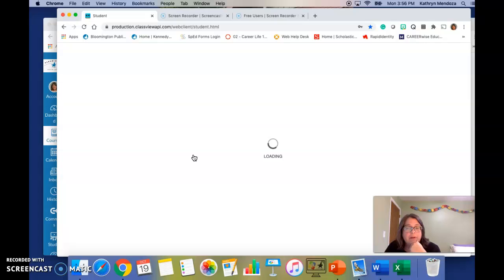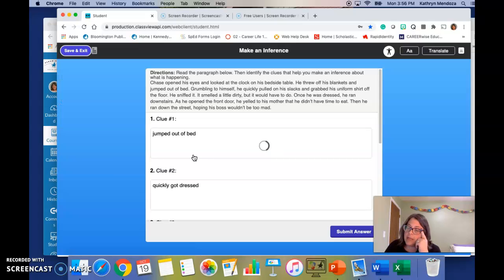Now, if you remember from the slides that you just looked at, an inference is when you take the information that is presented to you in the text and you combine that information with the information you already have in your brain. It's called your background knowledge or your schema. And you put those two together like a math problem, and you come up with a guess or an answer,